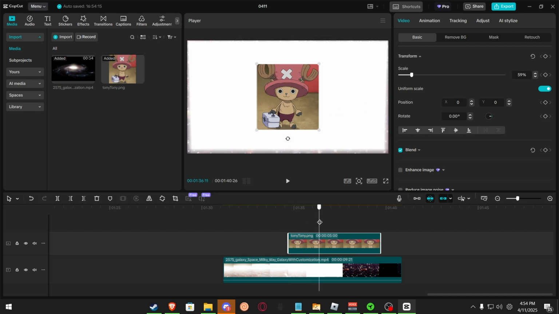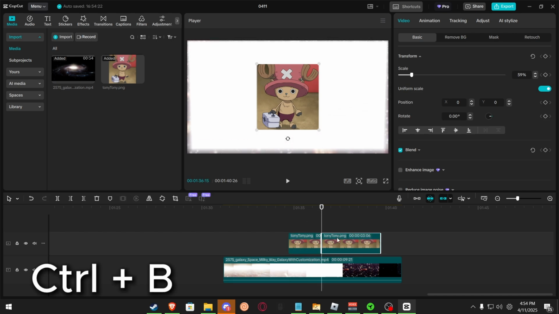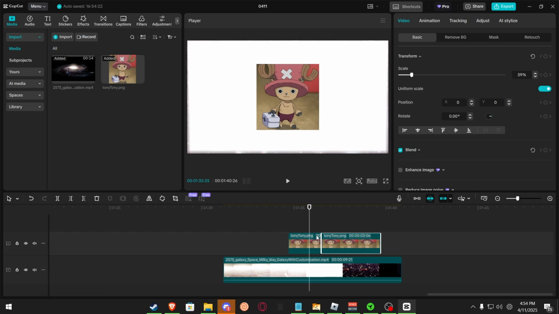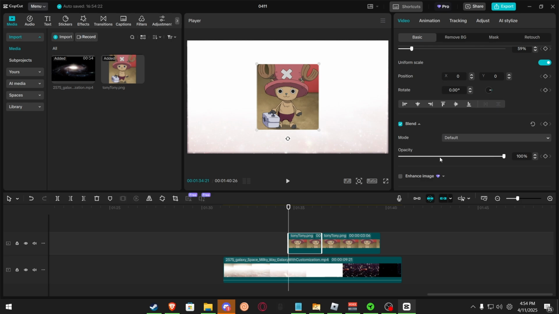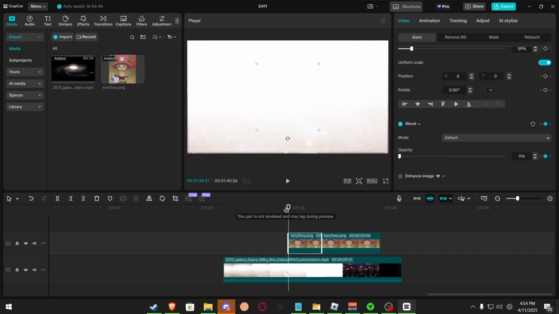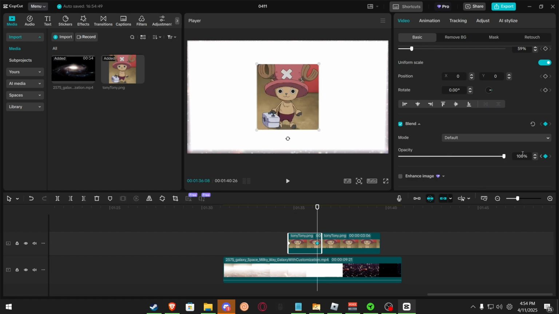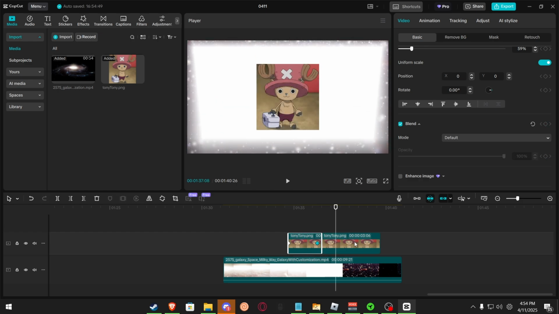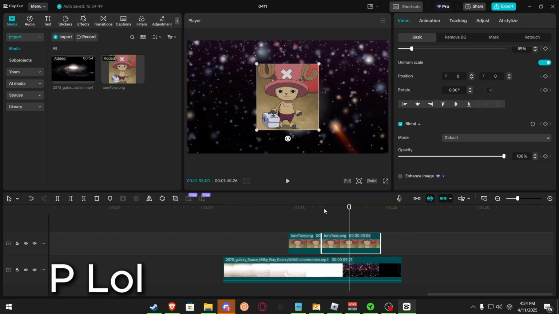So I'm going to use our shortcut Control B, which splits it in half. And on this first one, I'm going to create a keyframe of the opacity. I'll start with nothing, so it is going to slowly fade in. That's our first keyframe, and our last keyframe is just going to be a simple boom. There he is. So you can see, slowly fade in. And then when it gets to this, it is just going to stay here.